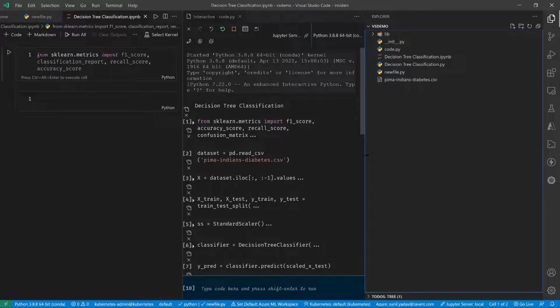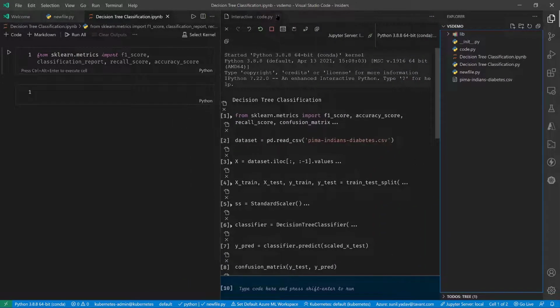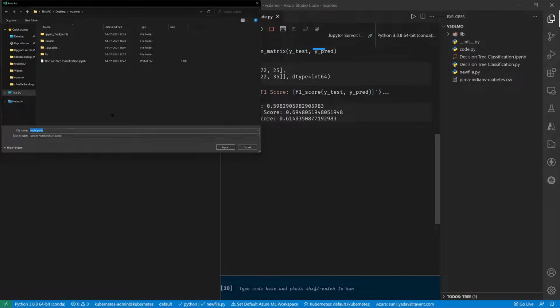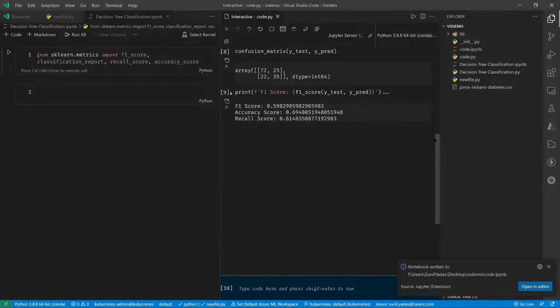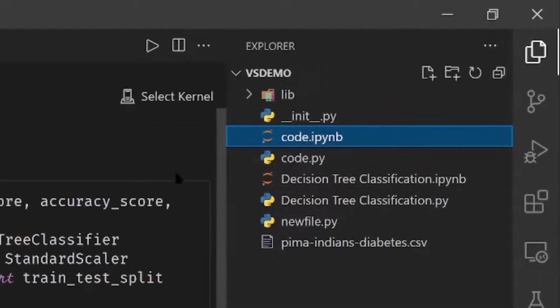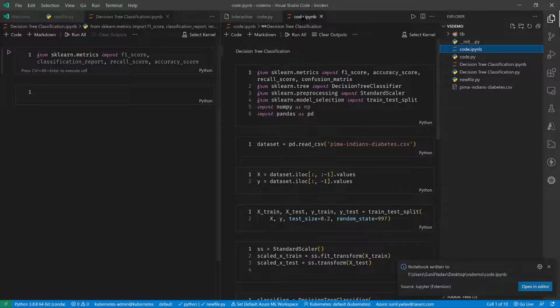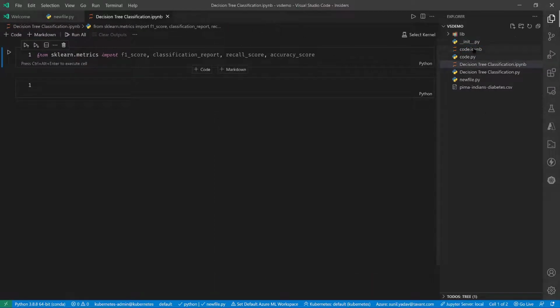VS Code natively supports notebooks, or if you had run the code, you can save the same thing as a notebook. I was running one file of code; I can just save it as a notebook, and we can share it. It's nothing but a simple notebook. So here we have the notebook which we were seeing in the browser.